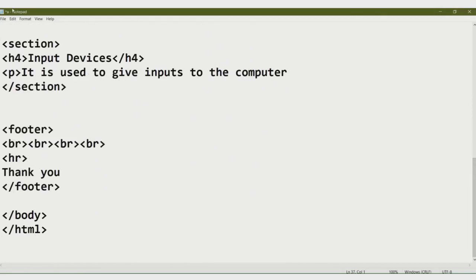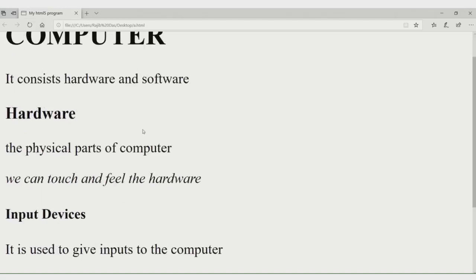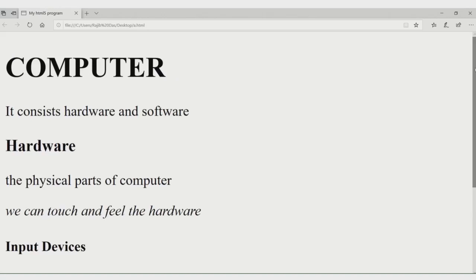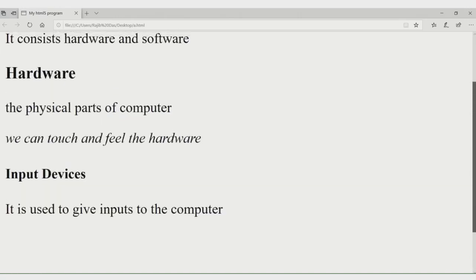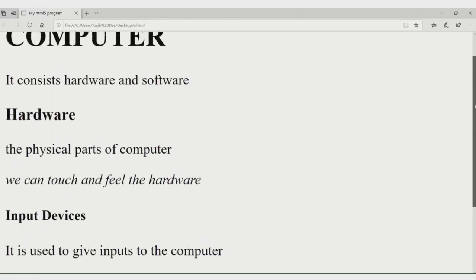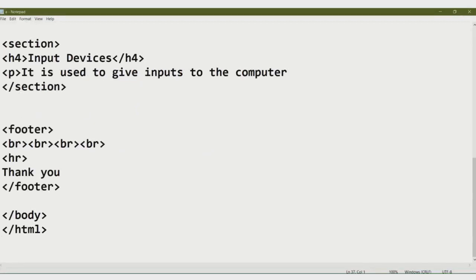Okay, so again save, and then go to the web page, refresh, see. Computer, this is the heading, and now here input device, and it is used to give inputs to the computer, and this is the section portion within the hardware article. Okay, within the hardware article. So, in this way we can write the different tags. Then again go to the notepad page,